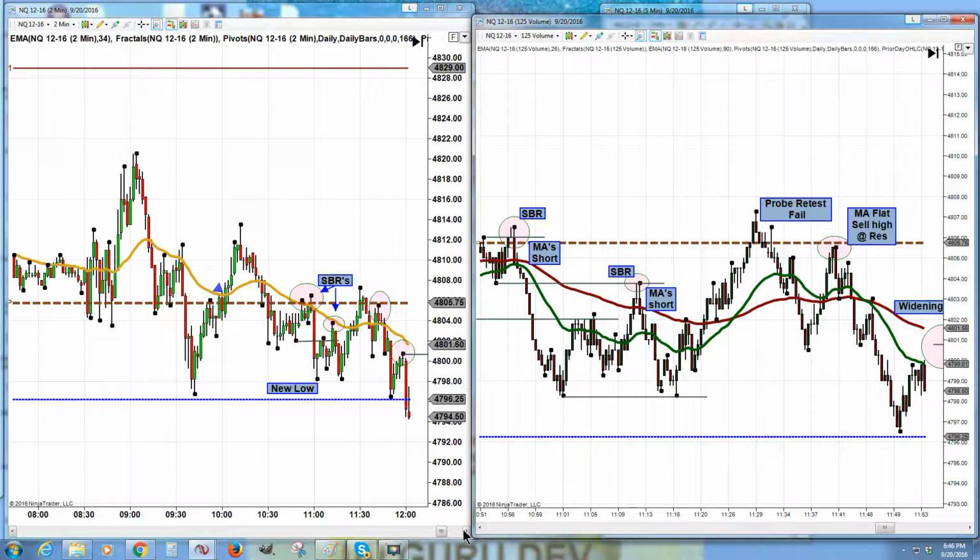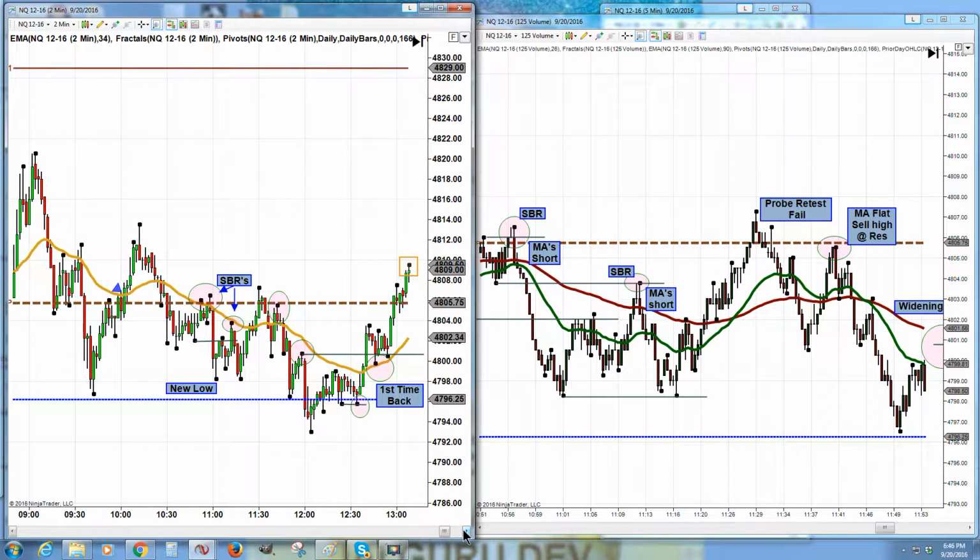So here's how that developed. We had this attempt at 1138, up at the 805.75. This probe of the pivot was again rejected pretty hard. Now, as they come back, that retest failed again at the resistance of the pivot line. So you have a cluster on the 2-minute chart, stops almost to the tick on the pivot level, and then